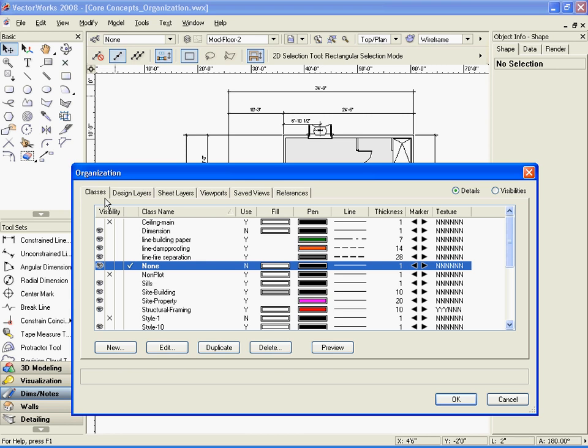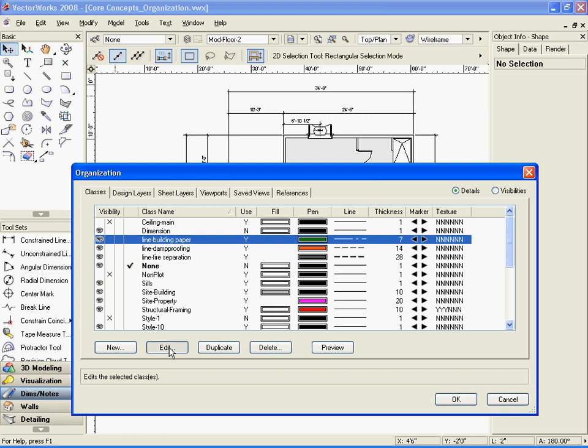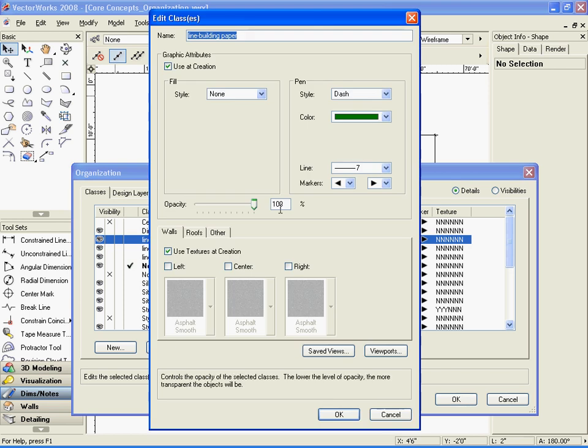By using classes, you can sort objects so their visibility can be easily controlled. You can also give a uniform graphic look to all items within a class. To illustrate how classes work, some classes have already been created. Their attributes have been set with different pen thicknesses, pen color, and dash styles. The Use at Creation option is checked so that every new object drawn in each of these classes will take